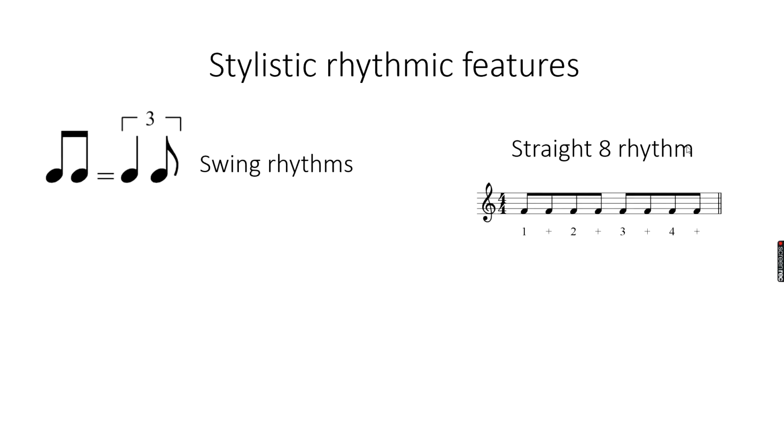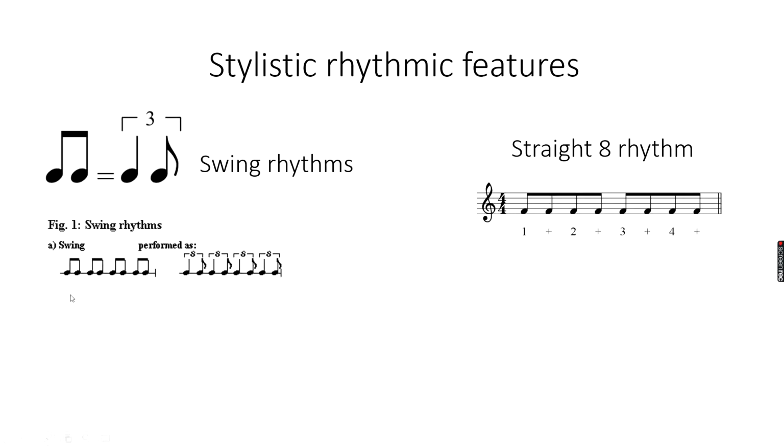The opposite of this is the swing rhythm. Now this is used in jazz and blues. What you often see when you read jazz music, at the very beginning it says these 2 quavers should equal this triplet rhythm of a crotchet and a quaver. Now what this will mean is, instead of playing this rhythm, which would sound like this, it'll actually sound like this. And that is a swing rhythm.